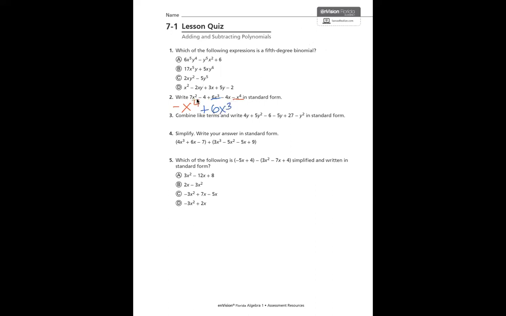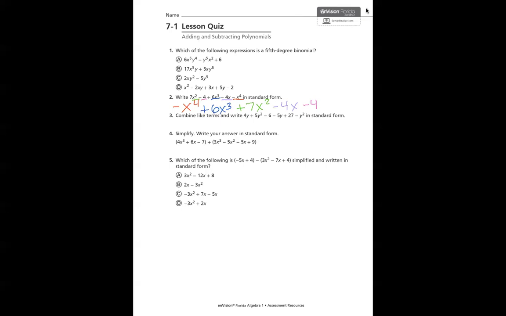My next term would be squared. So positive 7x squared. Since there's no symbol in front, we still know it's positive. Then we're going to do negative 4x because that would be a 1st degree. And then the last thing we're going to do is the number that doesn't have a degree, which is -4. So we didn't actually have to do anything except rearrange these terms. And you want to make sure, again, if there's that negative sign in front, it has to go with the